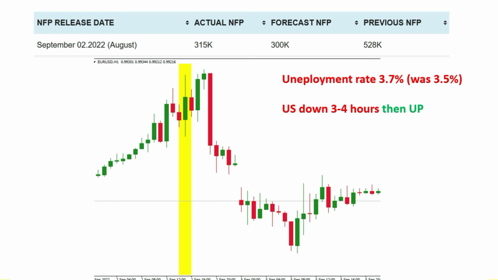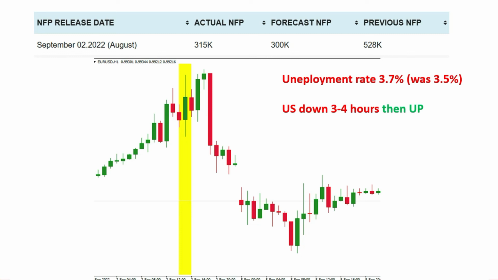But what happened? It was because of the unemployment rate. In the first couple of hours, we had a weaker dollar, bearish trend for the dollar, bullish trend for euro dollar. And then after a few hours, bam, euro dollar went down and US dollar strength was huge. It was September of 2022. So what you need to know, sometimes results can be mixed and you need to wait more than usual,